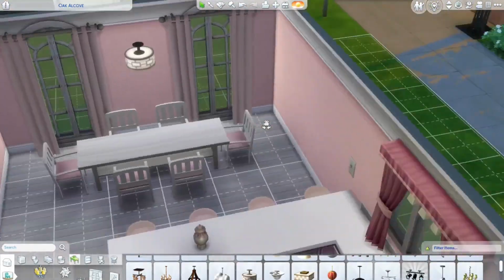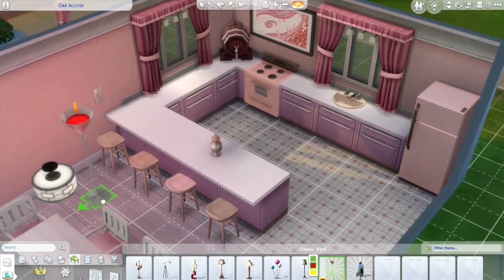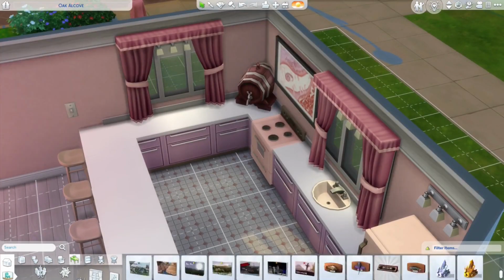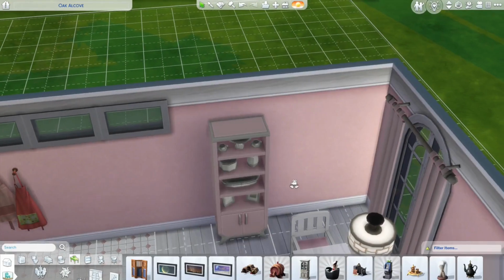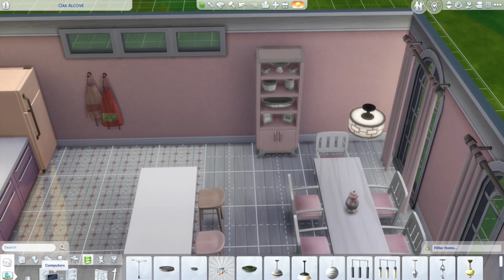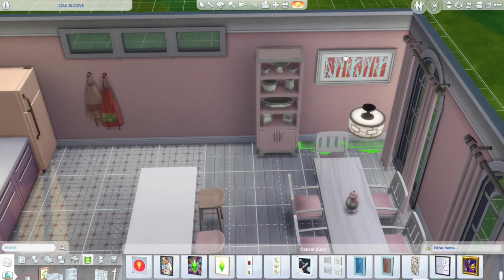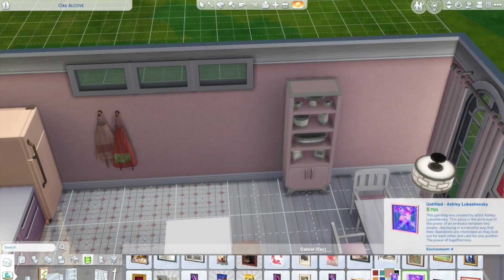Those curtains match the whole aesthetically pink vibe that I have going on. And then I saw this martini glass light and I was like, the hue is making everything so pink, but it was messing up how I was trying to picture everything in my mind because of the hue that it was giving, so I had to take it out. And I found this nice china cabinet that's baby pink and it matches everything, and I thought it just looked so amazing. I ended up putting those 3 single white lined windows, I guess you could call them, above